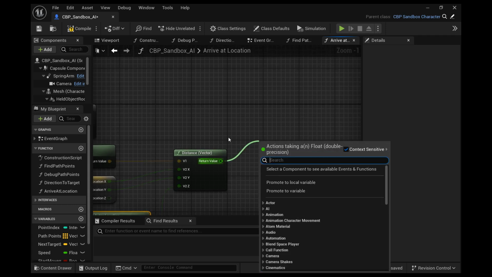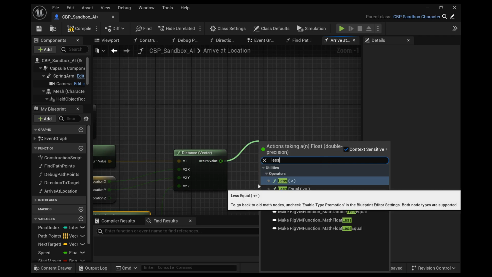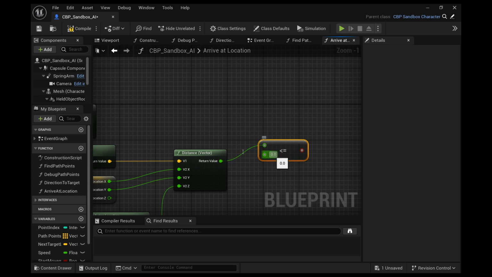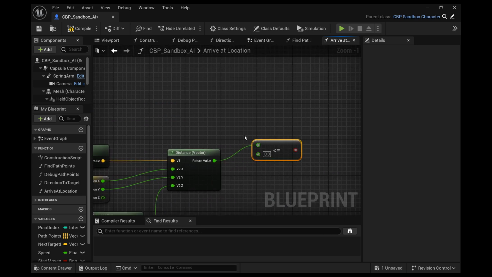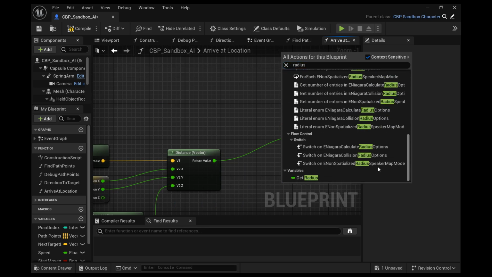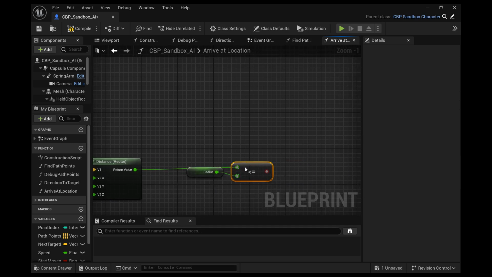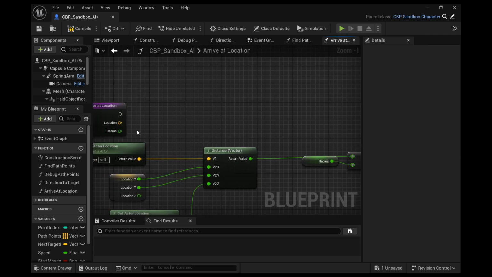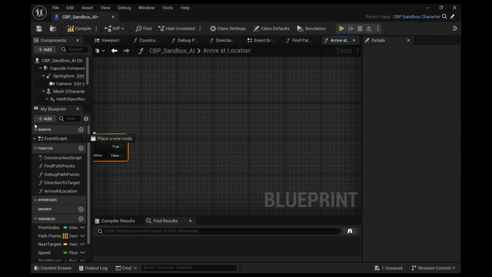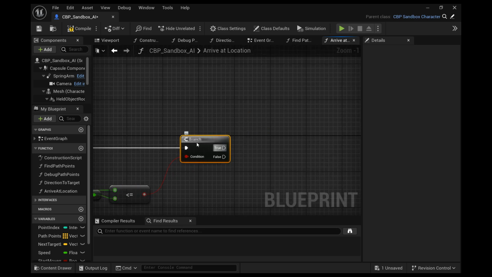And we want to see if that's less than or equal to the radius, which will be whatever value you want. You know, I usually put it around 250 or so, just so it doesn't crowd the player character. Connect them. Connect to the branch, and then off the true node,